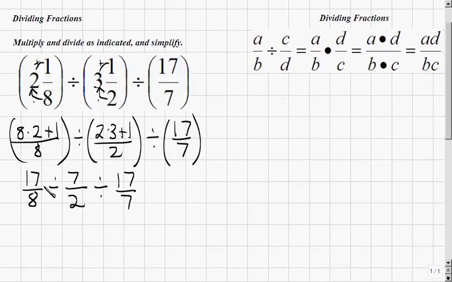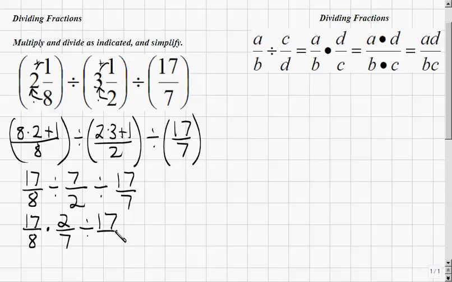Next, looking at the first two fractions, dividing going left to right, we see that since we're dividing fractions, our rules tell us to invert the second fraction and change it to multiplying. That means that this becomes 17 over 8 multiplied by, inverting the second fraction, 2 over 7,